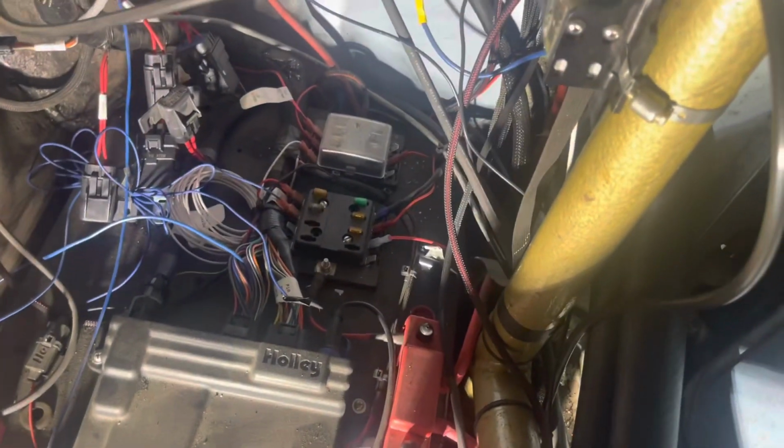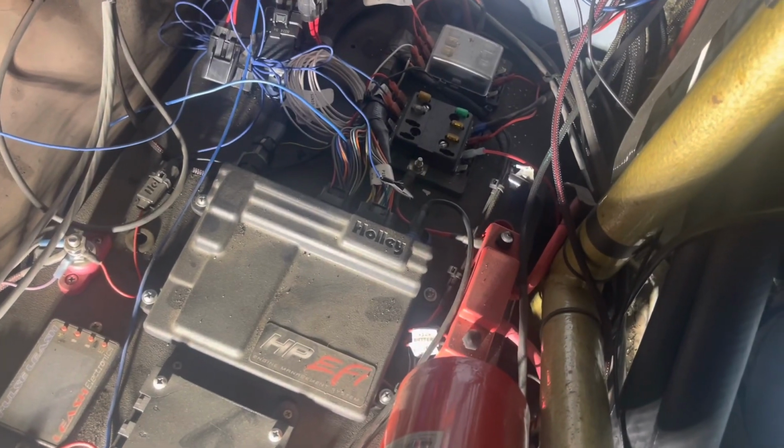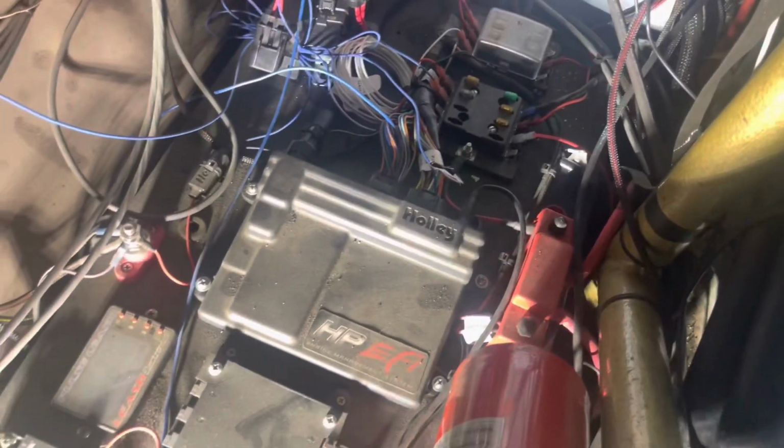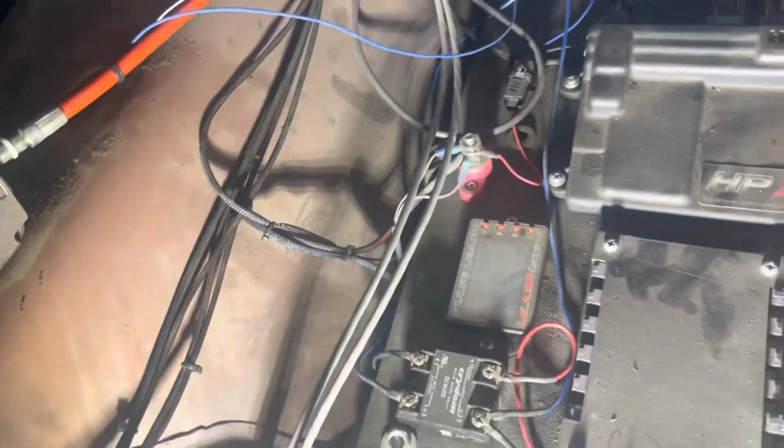Our only problem, and it's sort of a decent problem here that we've got to figure out, is, as you can see, there is not much space. So this thing is here, and it is going to be stuck way out. So I'm not sure what we're going to do with that. We may end up mounting it somewhere else, completely and entirely,